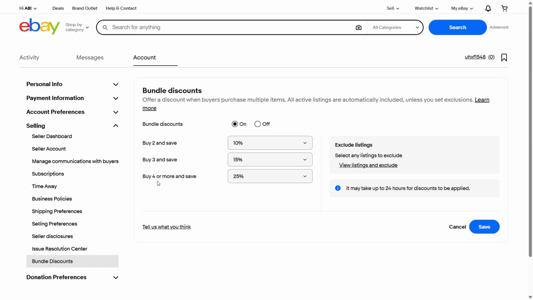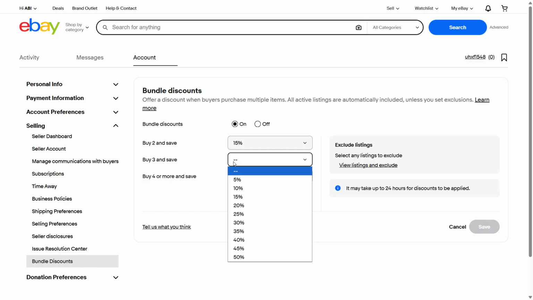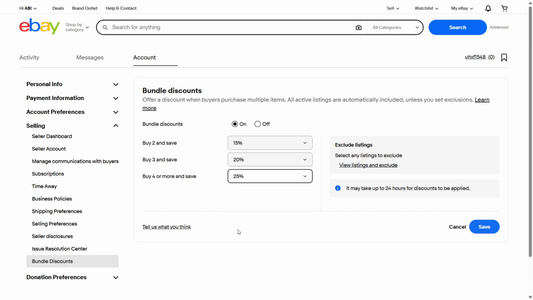You'll now see discount options for buy 2 and save, buy 3 and save, and buy 4 or more and save. Next to each option, open the drop-down field and choose the discount you want to offer at that quantity. You can set different discounts for each tier, so larger purchases can receive a better saving if that fits your promotion. Once you've selected the discounts you want, click Save to apply the